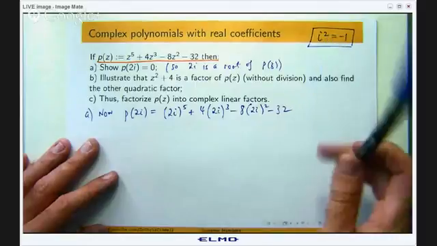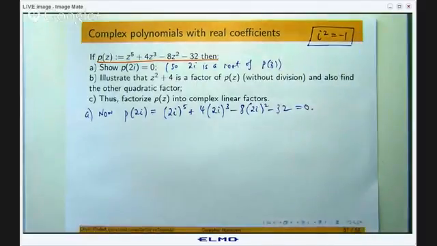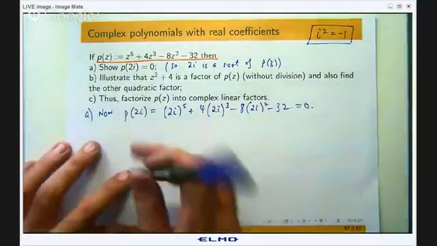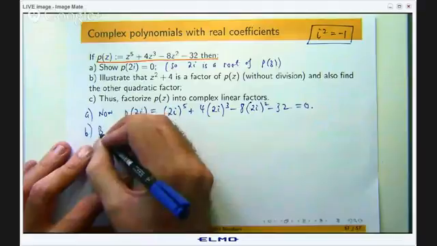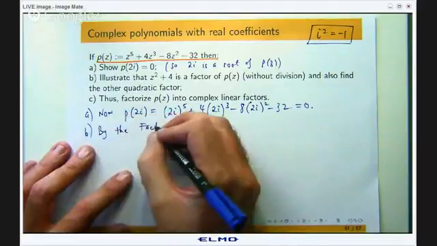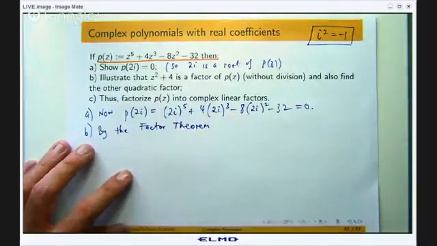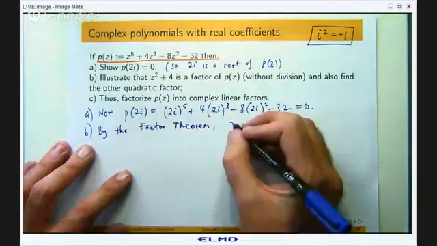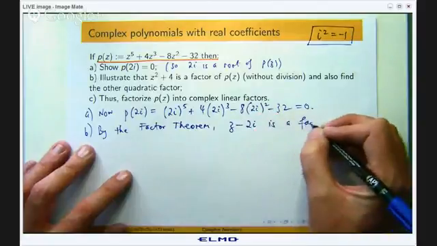Remember, i squared equals -1, and you will get 0. Okay, so what does this tell us? It tells us that by the factor theorem, z minus 2i is a factor